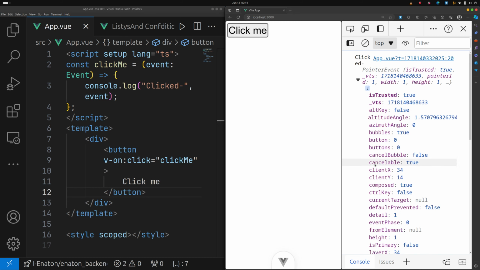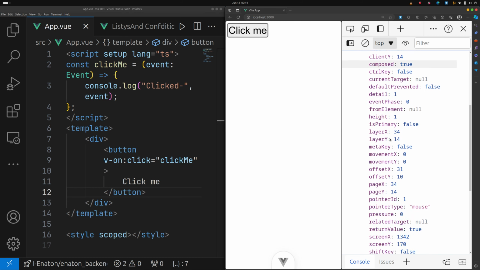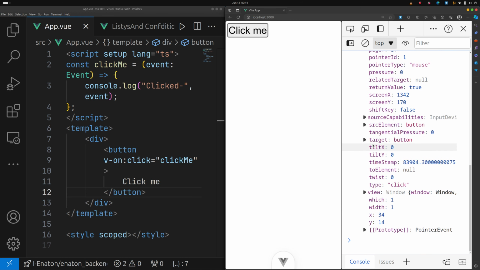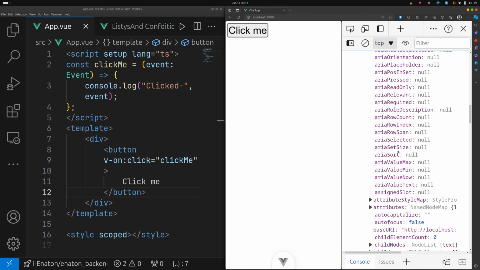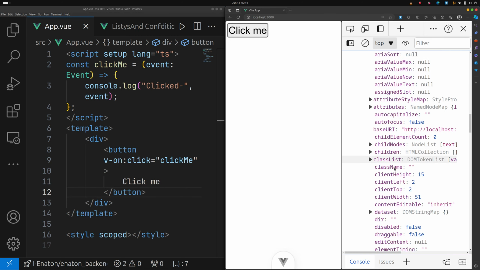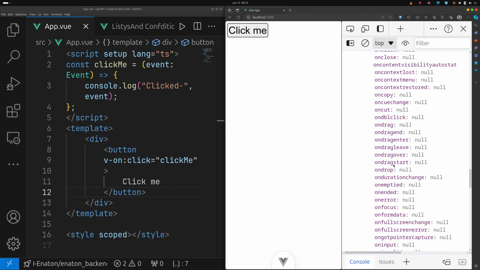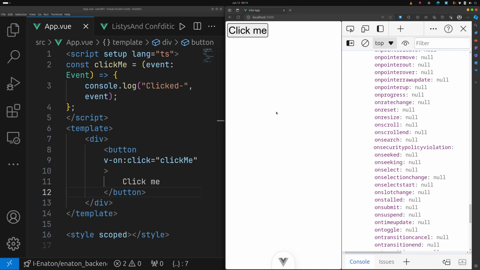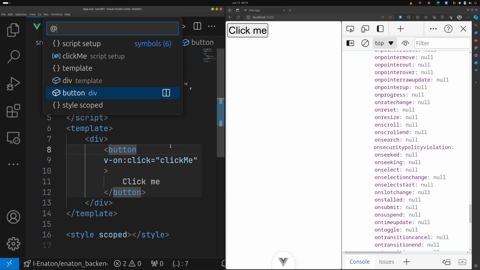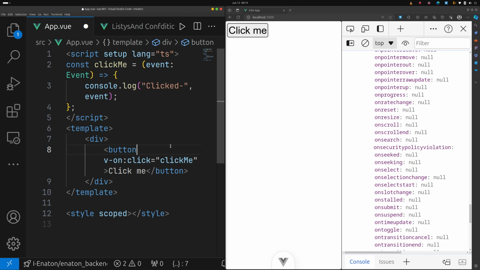Then you can see it's a button. You see the target is a button, and there's a lot of things around this. So that's how you can actually run an event in Vue.js. So you can use the v on directive,